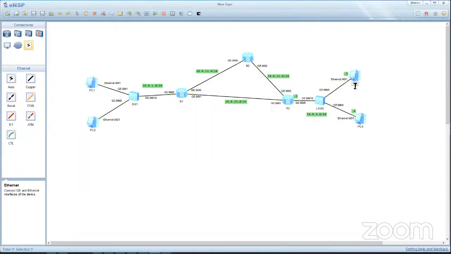Let me make it PC 5 and make this PC 6. Why? Because I want the router to be .3. So this router will be .3 because it is router 3. This will be .5 because it is PC 5. Now, don't change things in your topology. I'm only doing this here to make it